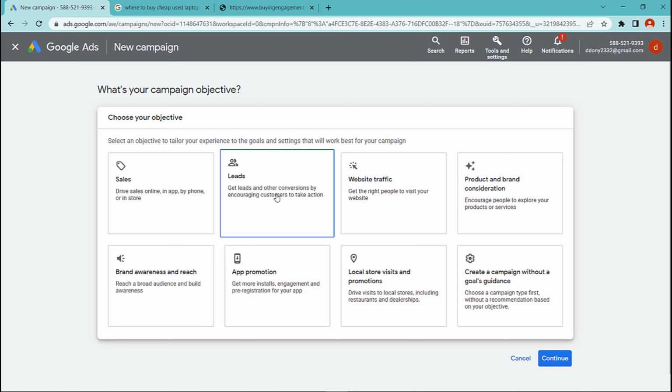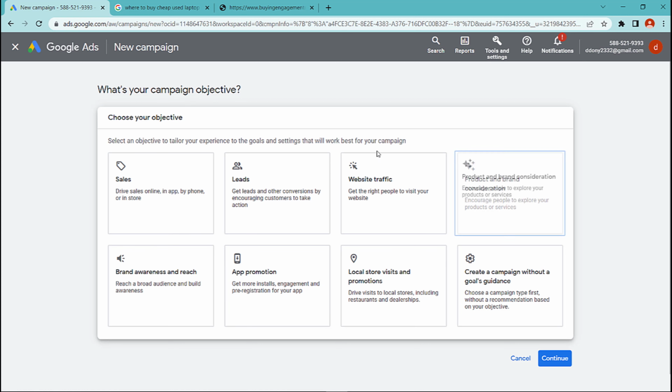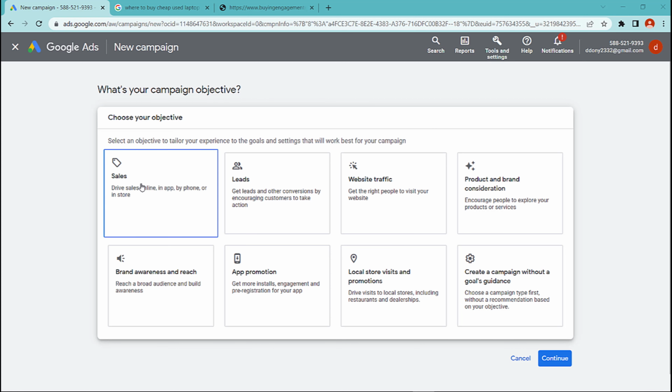First thing, we have to determine with a new search campaign what our objective is going to be, and that's really unique to every single campaign. Campaign objectives in Google Ads are the specific goal you want to achieve with your advertising campaign. There are several different campaign objectives available, including sales.